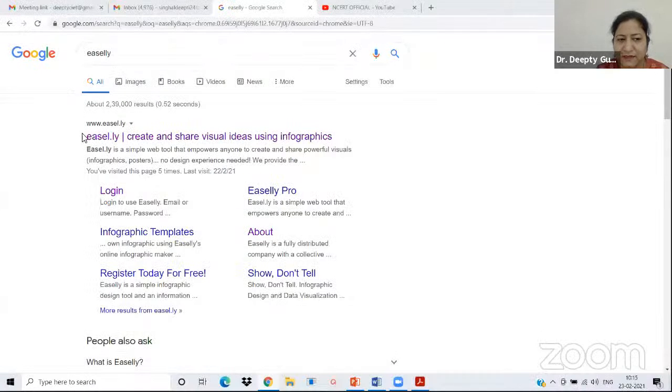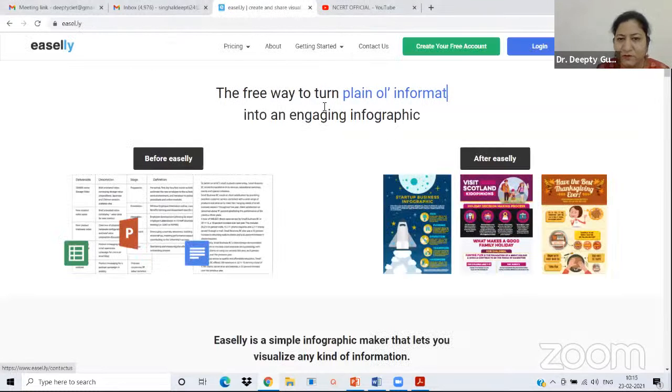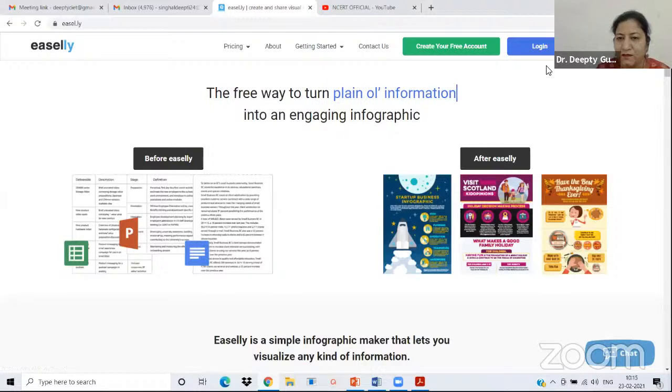Easily is the spelling. And the first thing you open, get this open. So this is the platform of Easily. So you have to create your free account. One thing to tell, this tool allows you to create the free account, but at many stages you will see